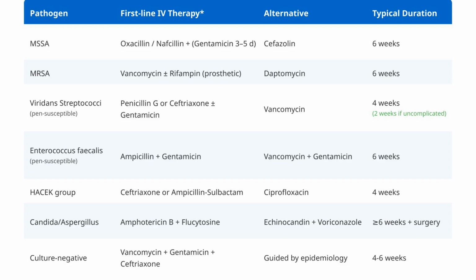Fungal endocarditis, caused by Candida or Aspergillus, requires combination therapy with amphotericin B plus flucytosine for at least 6 weeks, and nearly always requires surgical intervention. For culture-negative cases, broad empiric coverage with vancomycin, gentamicin, and ceftriaxone is often initiated, with subsequent adjustments guided by epidemiological factors. It's important to emphasize that all therapy should be guided by susceptibility testing and infectious disease consultation to optimize